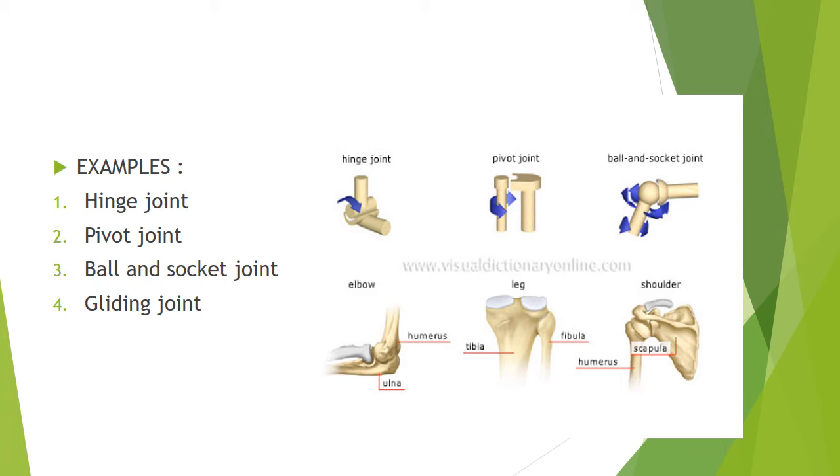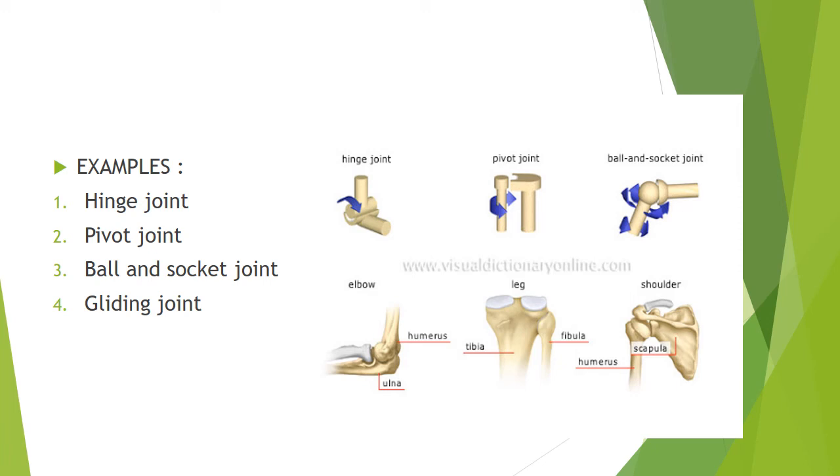And then ball and socket joint. Basically, your hip and shoulder joints are examples of ball and socket joint. So the question is why it's called a ball and socket joint? Because in this type of joint, the ball-like head of the long bone fits into a cup-like socket of the girdle. So students, this type of joint allows a great deal of movement, and thus you can move your arm or your leg in almost all directions, even in a circle as well.